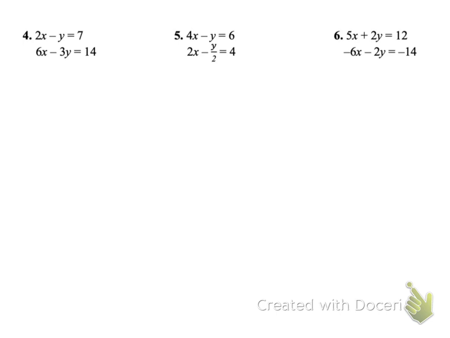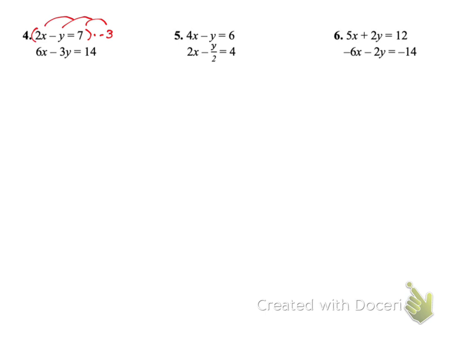So if I was going to eliminate the y, what would I want to multiply by, Caitlin? Would it be 1? Not 1. Or negative 1? Not negative 1. Negative 3? Negative 3. Because if we multiply by negative 3,